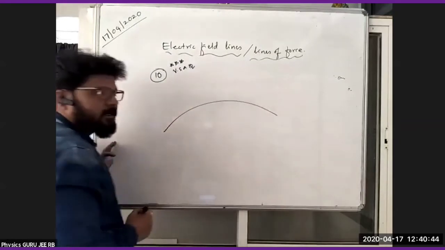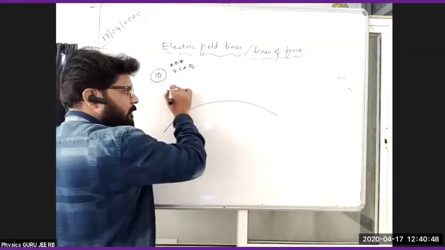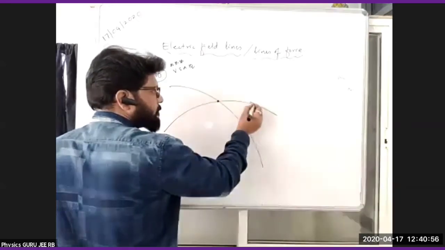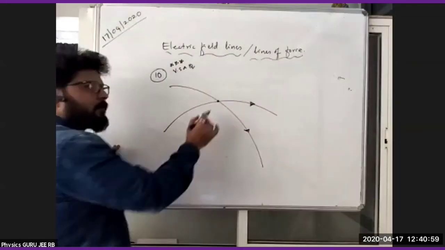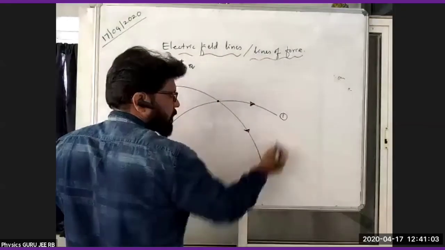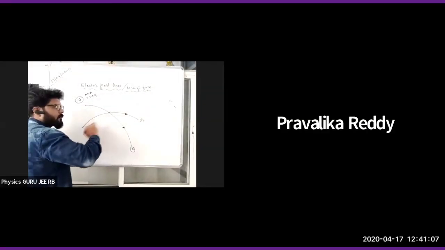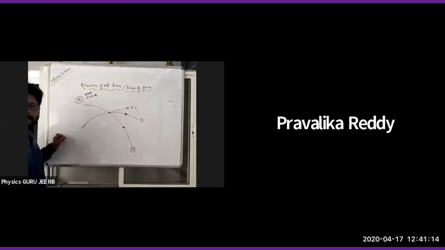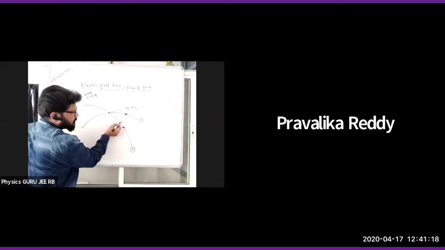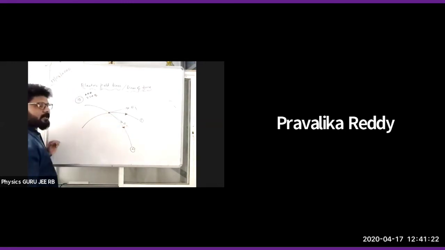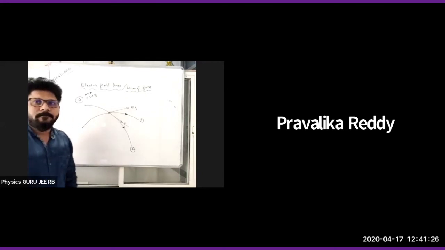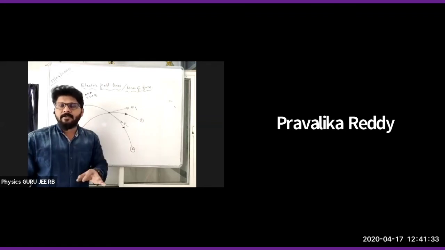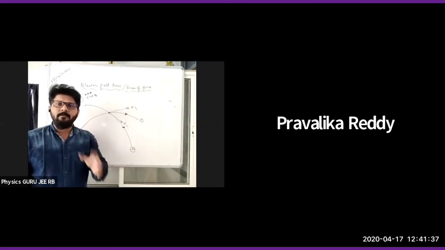If I take this as one electric line of force moving from left to right, one more you will take like this. These 2 are electric lines of force. At this particular point, this is going like this, in the downward direction. If I want the electric field for the first one, number 1, just draw a tangent here. This is nothing but E1. For this one, if I draw like this, E2. So we are getting 2 different directions at that particular point, 2 tangents, 2 different directions at a single point. Being a vector quantity, the electric field has a single direction. So it is not possible.